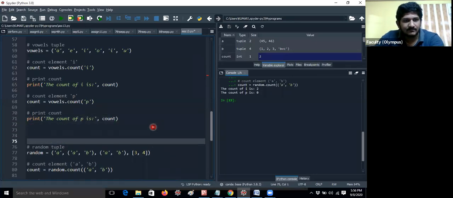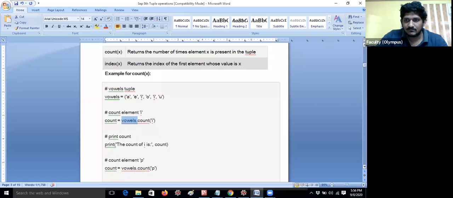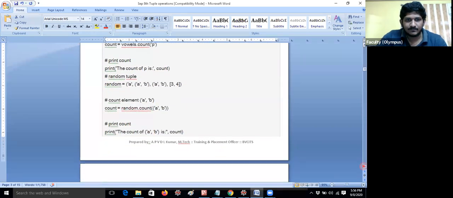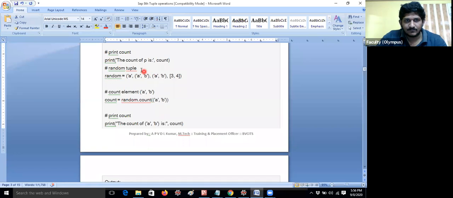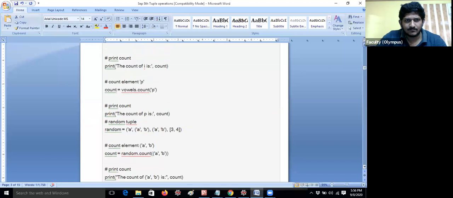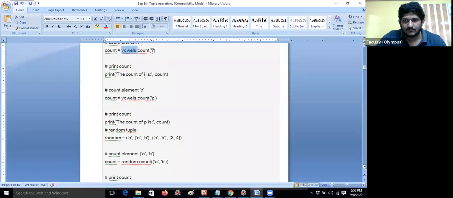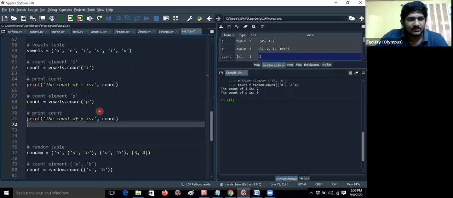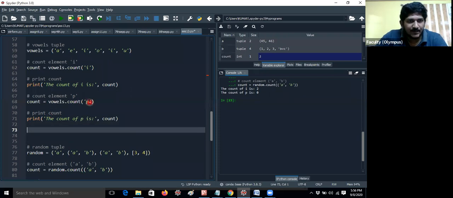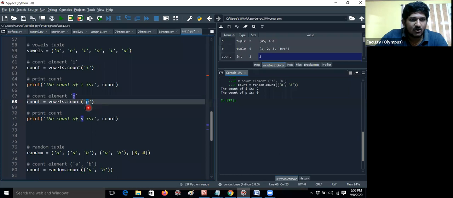Vowels is a e i o u and i u i a e i o i u. I'm counting the p character. Count is used to check how many times the element is present in the particular tuple. So vowels dot count of p, that means the count of p is 0.